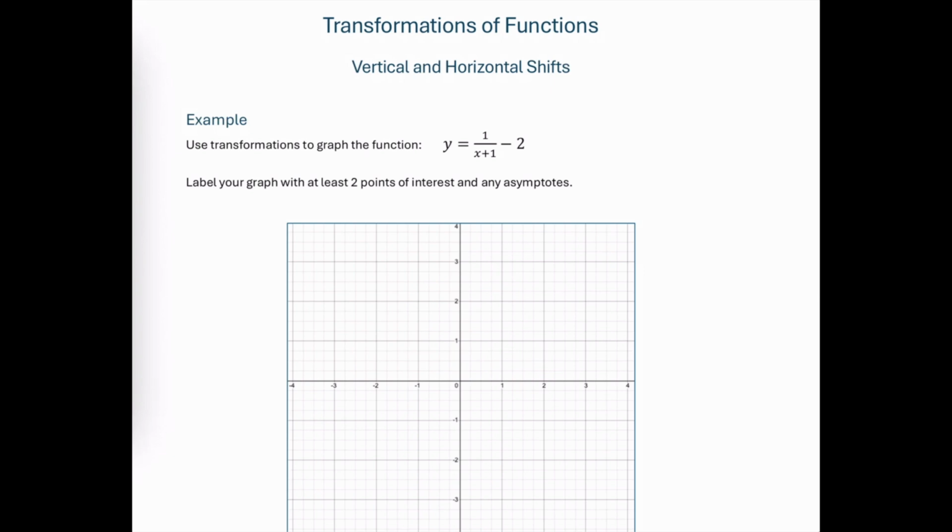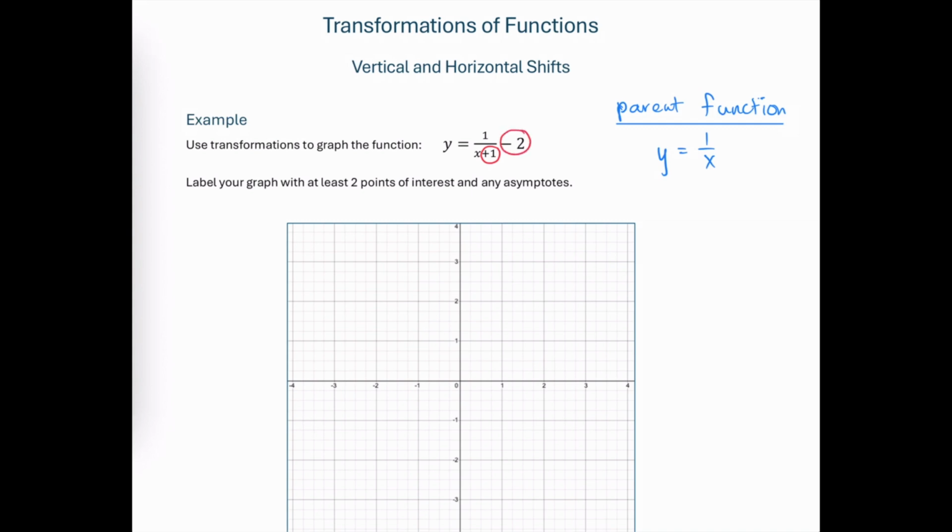Use transformations to graph the function y is equal to 1 over x plus 1 minus 2. The first thing that we need to do is to identify a parent function, or the original function that can be transformed to get the graph that we're looking for. And the reciprocal function is the parent function here, and it's being both shifted to the left 1 unit and